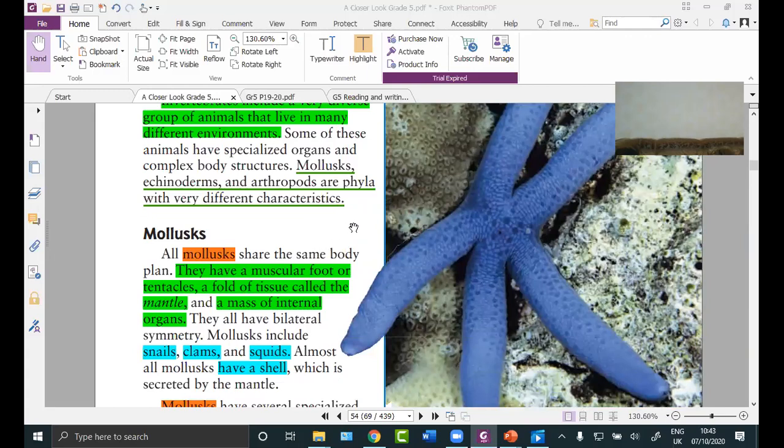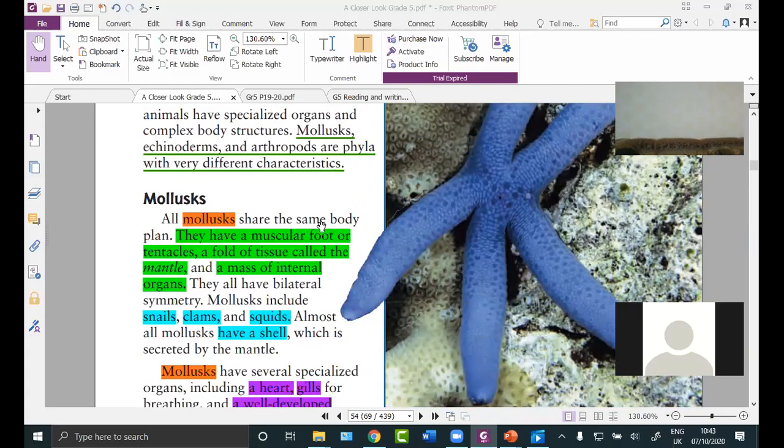Mollusk, read, please. All mollusks share the same body plan. They have a muscular foot or tentacles, a fold of tissue called the mantle, and a mass of internal organs. They all have